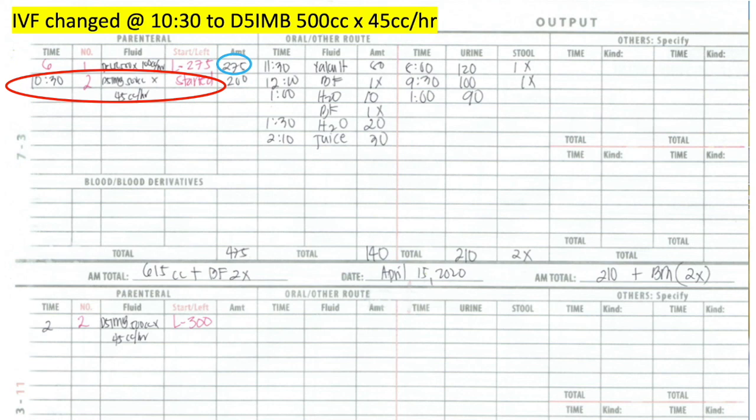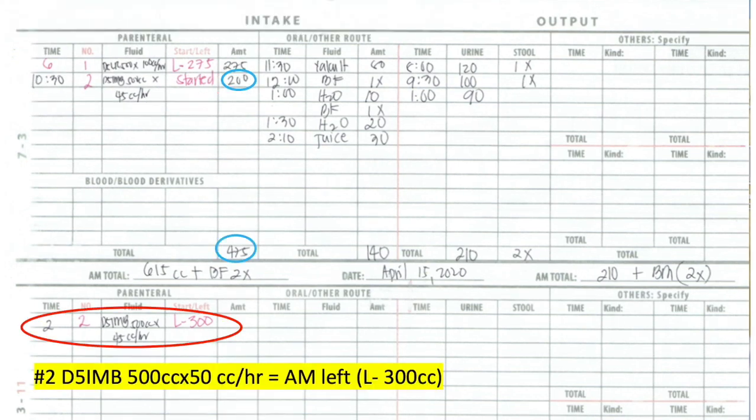So, the left in the night shift that we received is 275 cc, plus the 200 in the IV bottle number 2. So, the total consumed is 475 cc for the IV. And then, you will endorse it to the PM shift, IV bottle at 2 p.m., IV bottle number 2, D5IMB 500 times 45 cc per hour,